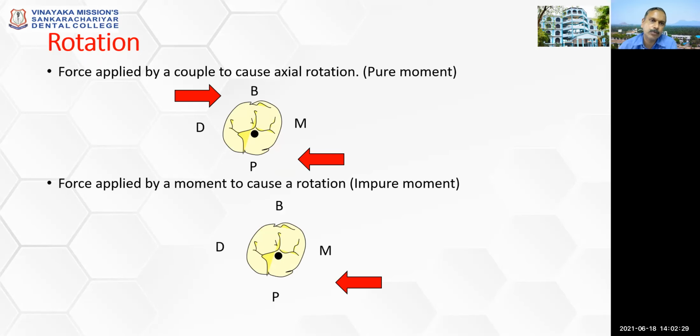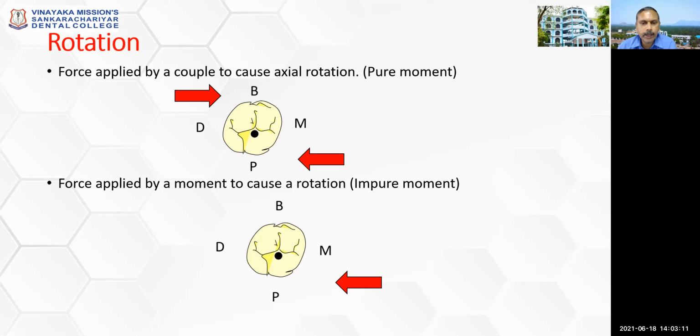Rotation, another type of tooth movement. Force applied by a couple to cause axial rotation. What is a couple? Again, we will remember equal and opposite force, equal in magnitude, opposite in direction. So if you want a pure rotation, pure moment, you apply a force as a couple. Whereas moment is a tendency to rotate. That moment is a force applied off center to that tooth. That means away from the tooth center of resistance. Then what happens? The tooth will